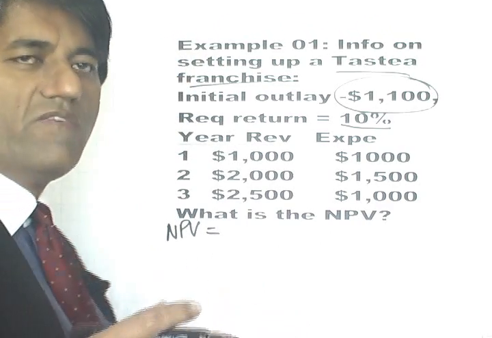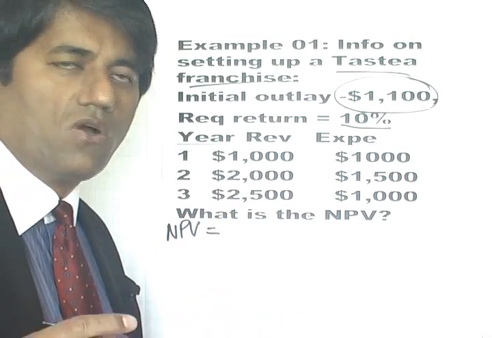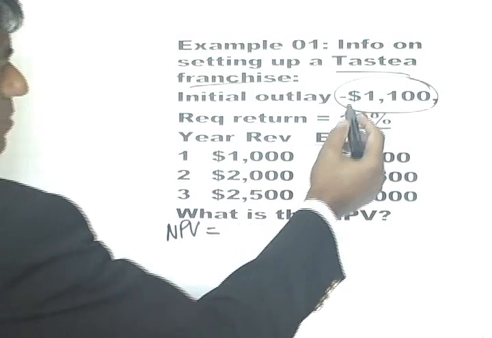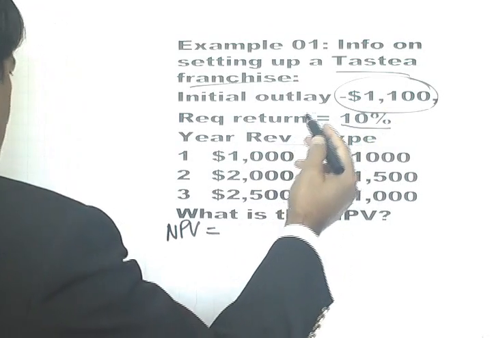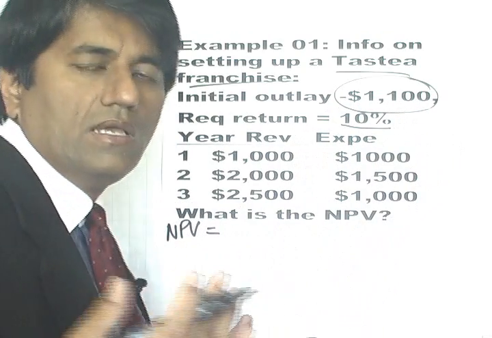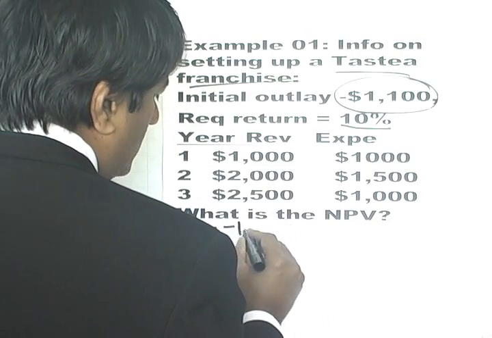So the discounted value of all revenues minus the discounted value of all costs. We start with the first cash flow, which is the initial outlay, and that's $1,100. And that you don't discount because it's already at the present. So you'll have minus 1100